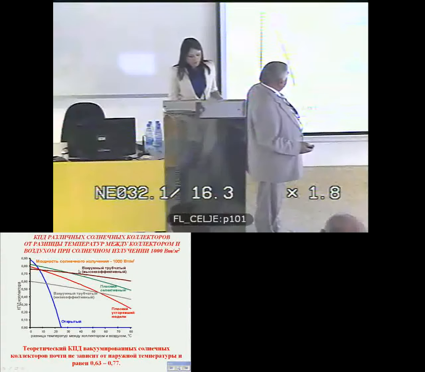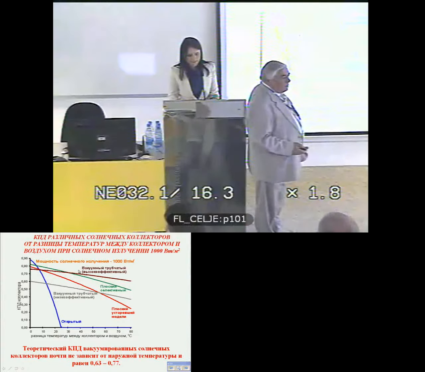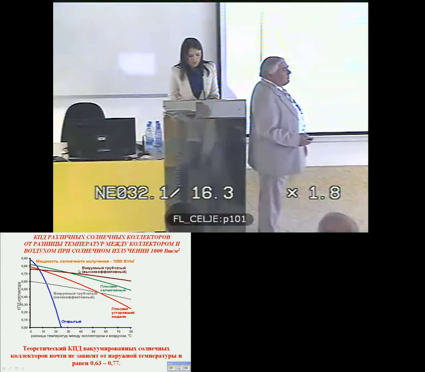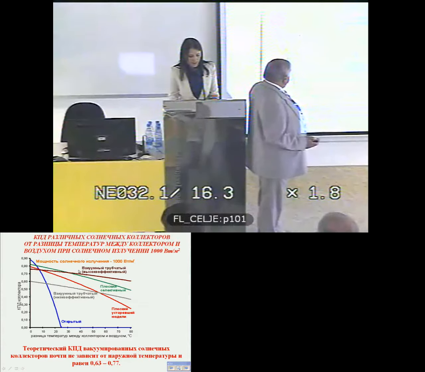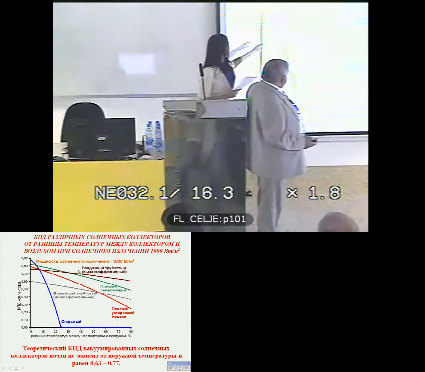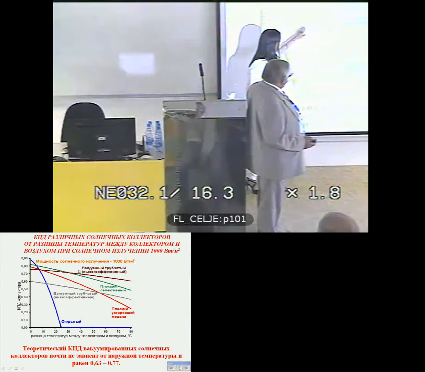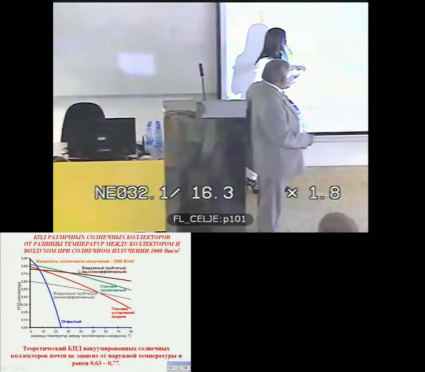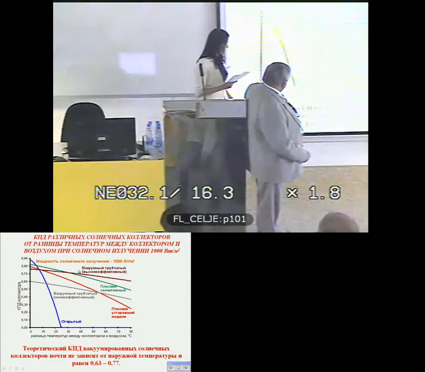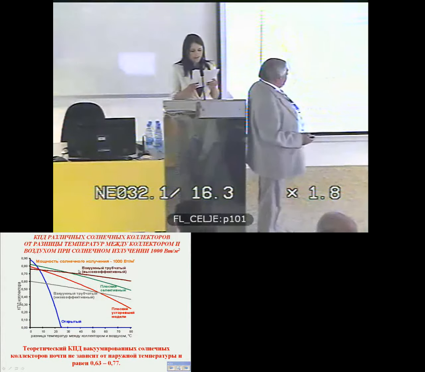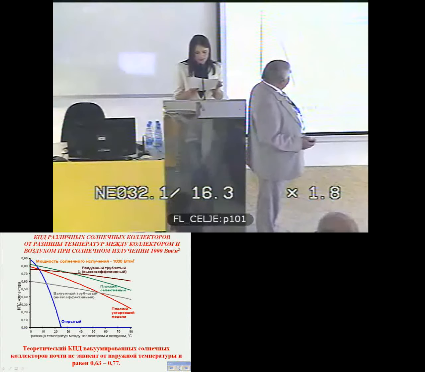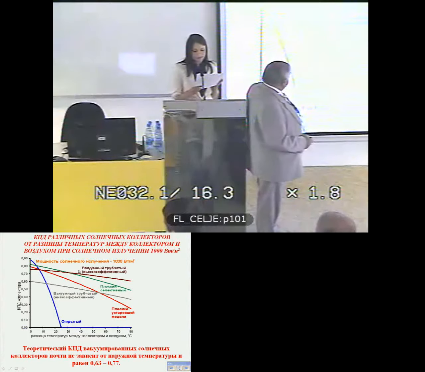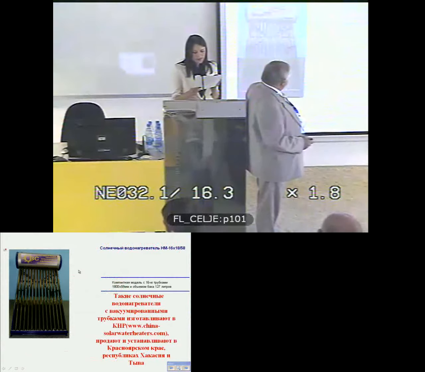On the slide, you can see the efficiency of different solar collectors, the temperature difference between collectors and air, and solar radiation. Here is a very highly effective collector which is used in Russia, and these are collectors which are used in Europe. Theoretical efficiency of an evacuated solar collector is almost independent of ambient temperature and is equal to